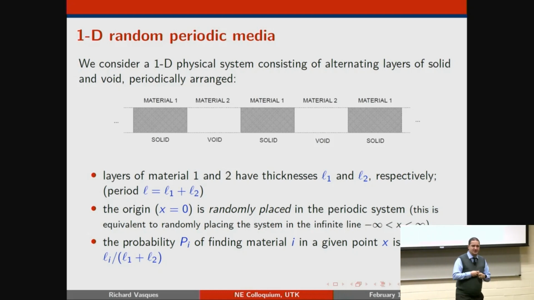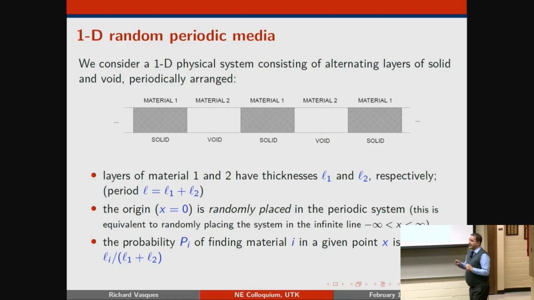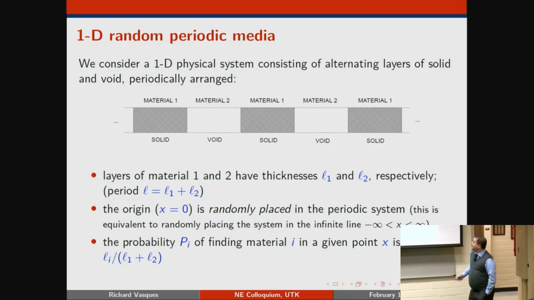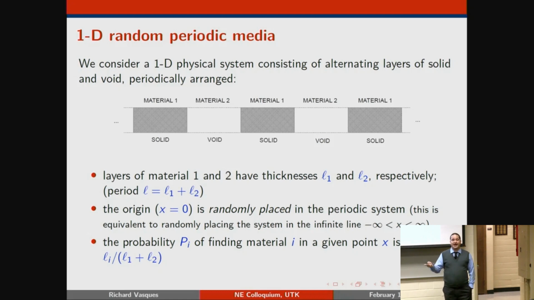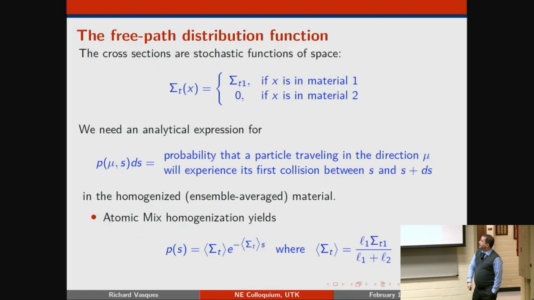So I'm going to show you some 1D results, because they're easier to follow, and to give you a visual of what they're going to look like. So for this case, I have a 1D random periodic media. What do I mean by random periodic? So I have a periodic media, and I randomly place my origin in there. So at any time, I can close my eyes and point and say that that's going to be my origin, and then that's going to fix where I have solid and voids. But before that, it's a random system. So I can do that and define the thicknesses, define what the probabilities are. I'm going to have a cross-section for the solid. It's a void for the void, so the cross-section there is 0.